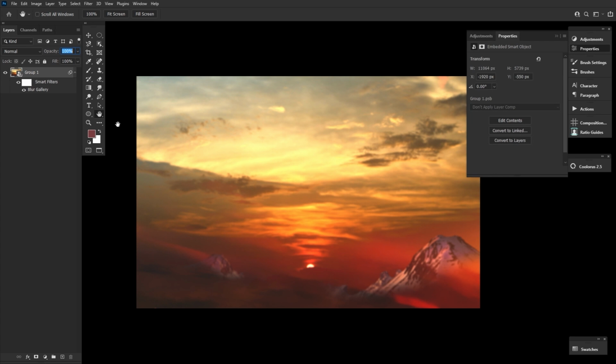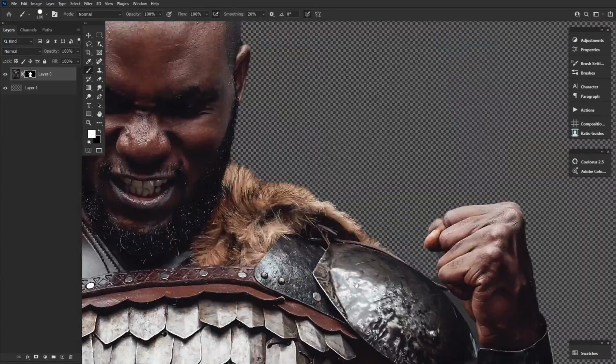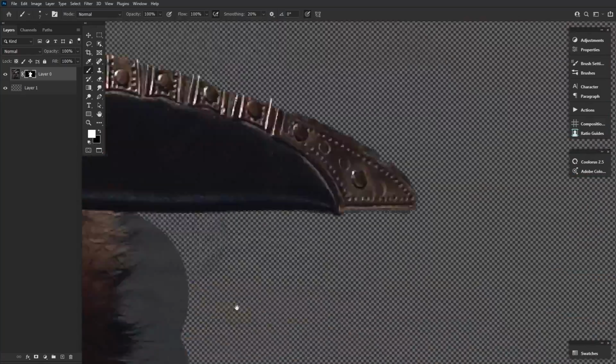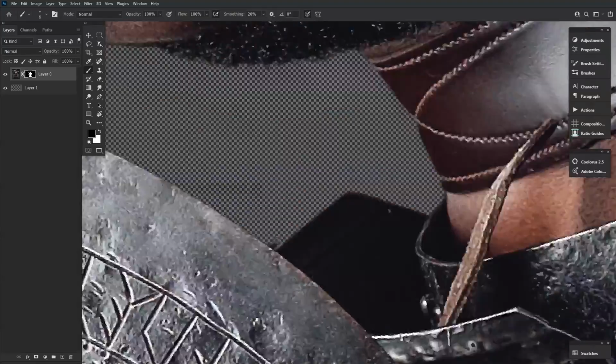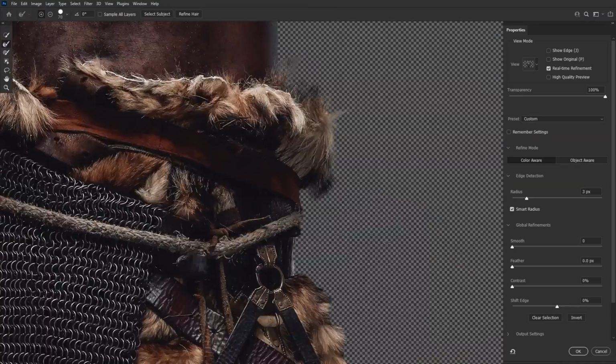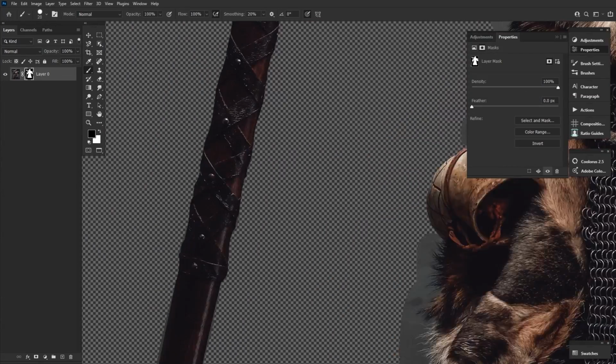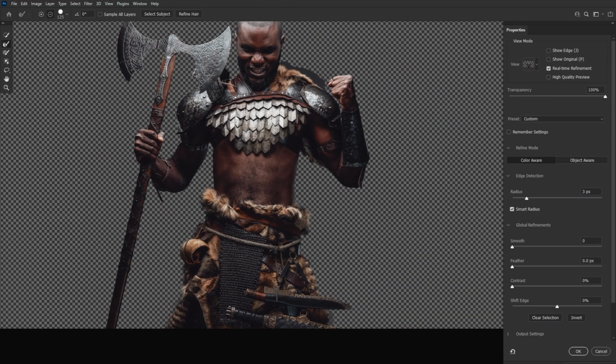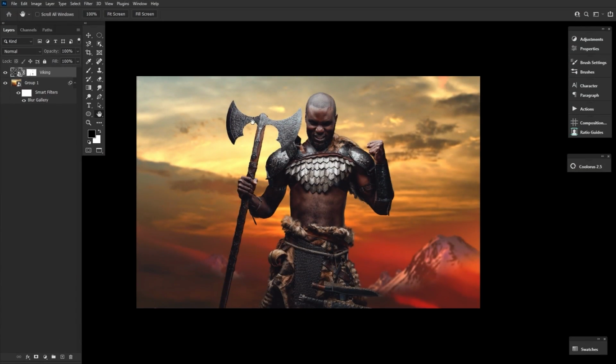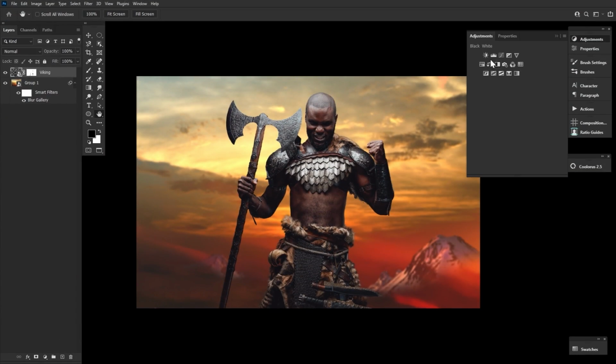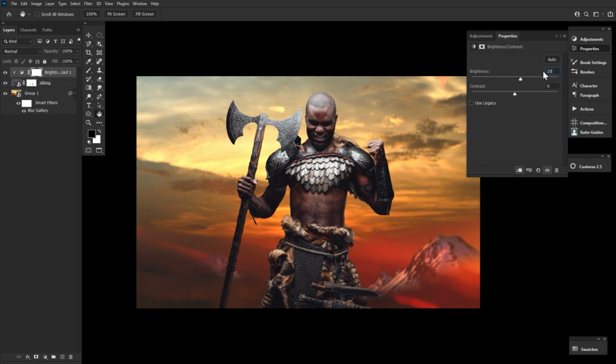Now finally onto our Viking portrait. Extract your Viking using whatever your preferred method is. I like to use the pen tool and a select and mask mixture, but any way will work. Whatever gets the job done works perfectly fine. Once we do have our selection, let's create and clip a brightness contrast adjustment layer into the Viking portrait, setting